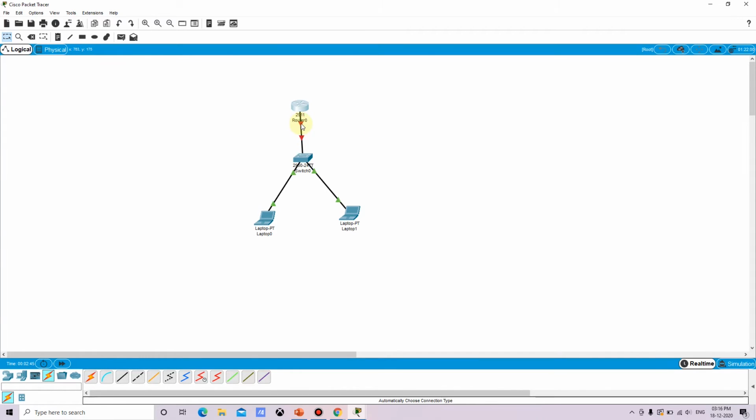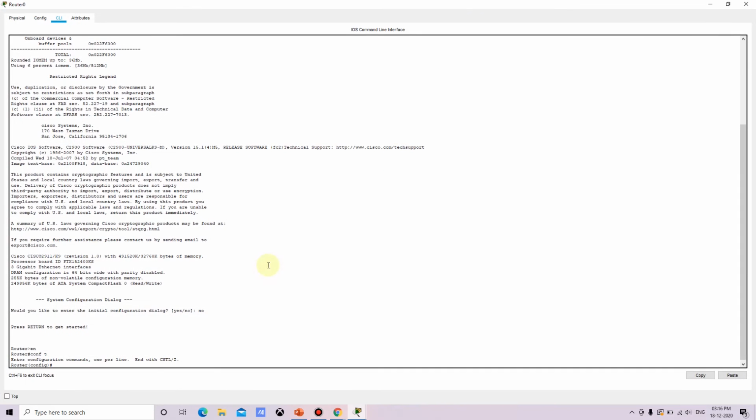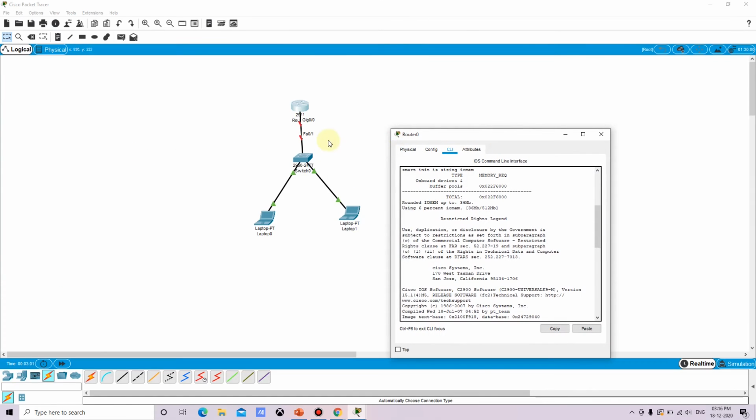The interface which is connected is gig 0/1. So the command will be int gig 0/0. Sorry, let me check once. Yeah, it's 0/0.